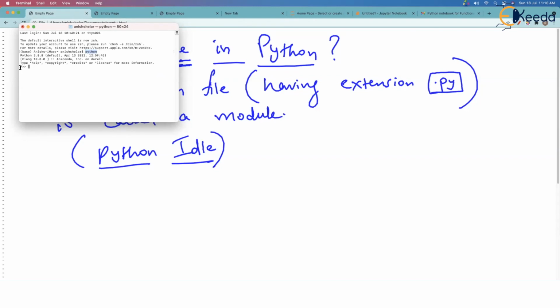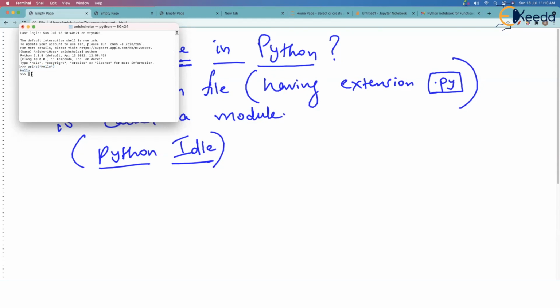You can see these three greater than symbols here are an indication that Python has begun. I can type some Python code here, like print hello. This is Python code. Hit enter, and you see this Python code will run. Print hello has printed the output hello.